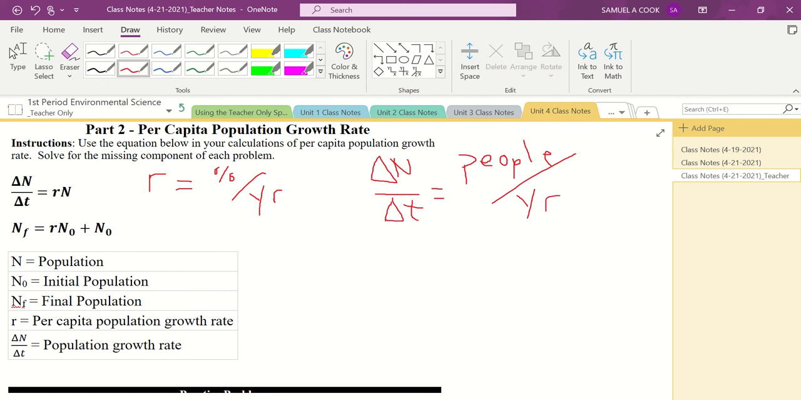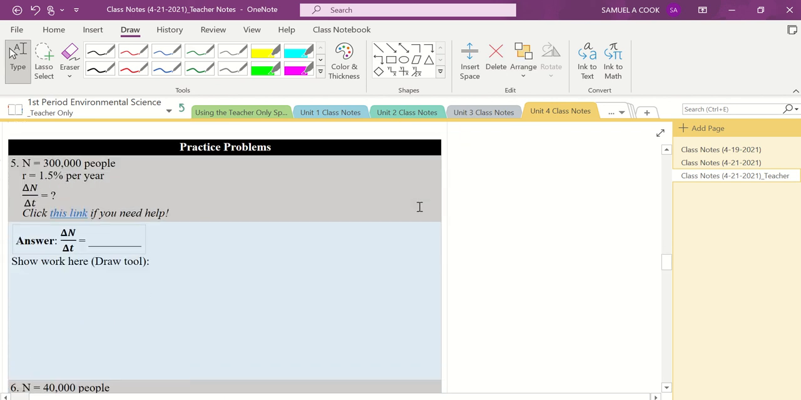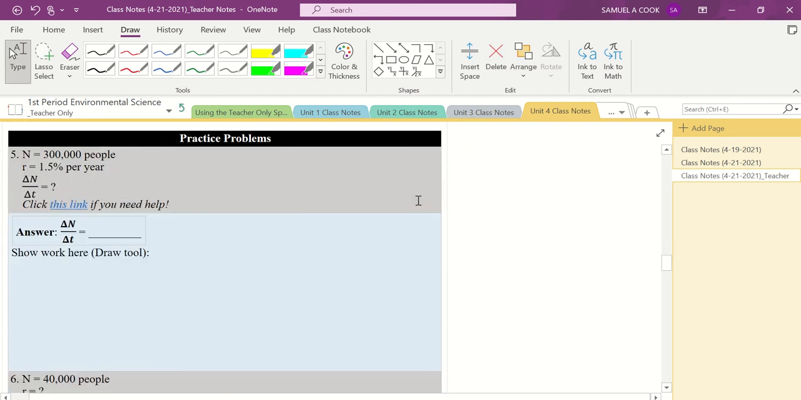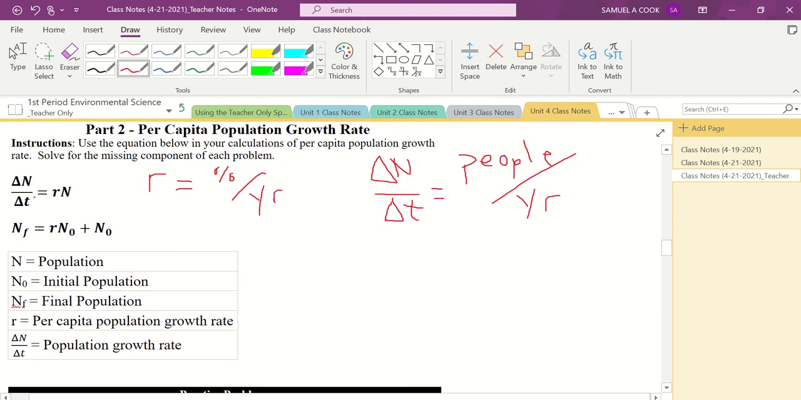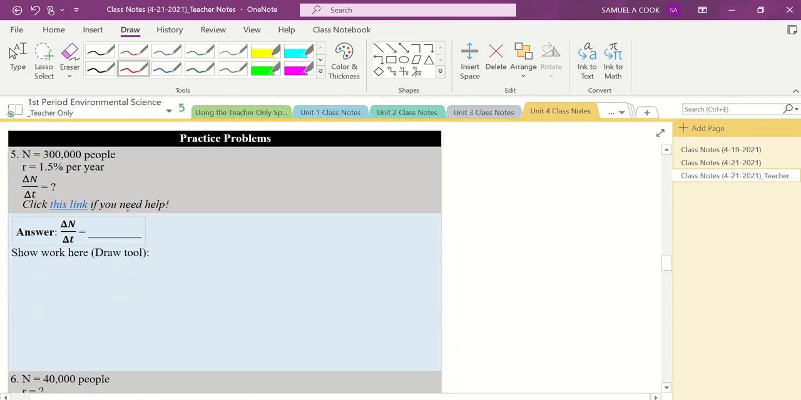All right, so let's dig into problem number 1 and see how we can figure this out. So we're going to be using our first equation, right? The population growth rate equals the per capita growth rate times population. All right, and we're given two values here. So let's start with the one that we don't know. So change in population over change in time, which is our population growth rate, equals